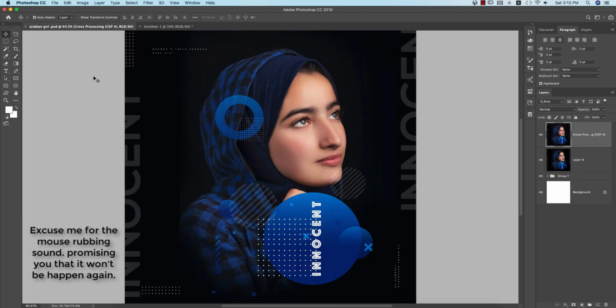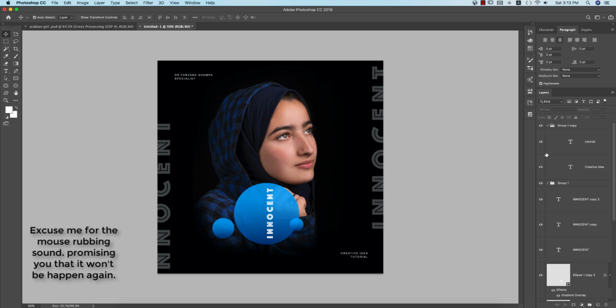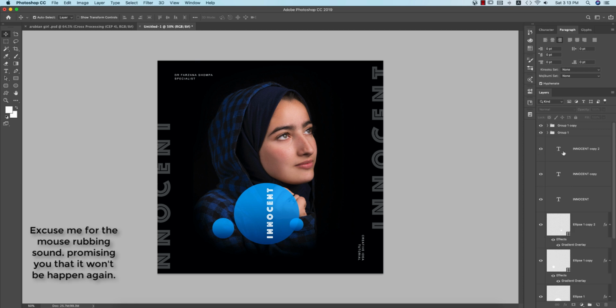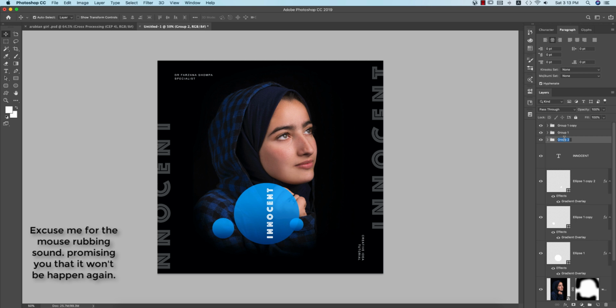Now I have to add some brushes and other stuff, so I just made these things, press Ctrl or Command T and make it like that, and over here. That's good. And now I'll add the brushes and other stuff. Let's make a group and sort it out. So I'm just giving the name, the text,